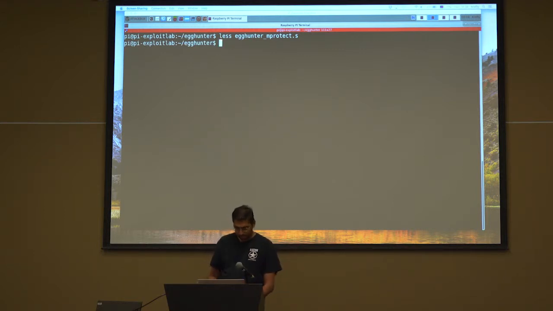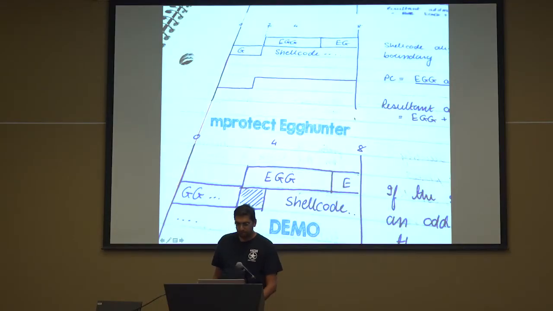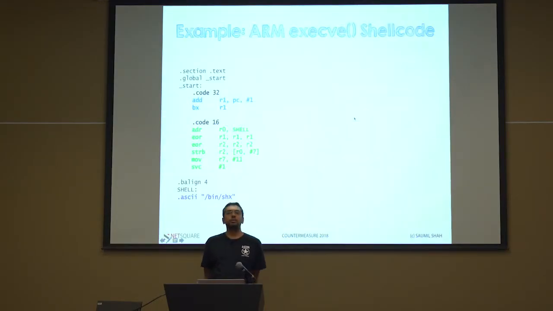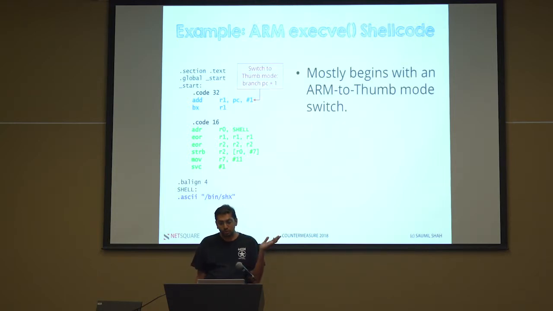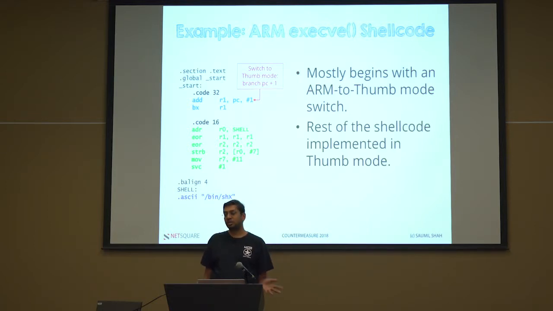Okay, now next one. Next, we're going to talk about the polyglot shellcode and where the polyglot shellcode comes in. And this also brings me to my whole discussion on signature-based defenses. Several people pointed out whenever I teach ARM shellcoding, they say, oh, hey, but we can always write a signature for this. We can detect the ARM to thumb switch, and this is going to be very much the same with every shellcode. So if we see an ARM to thumb switch with some thumb instructions, we're going to flag